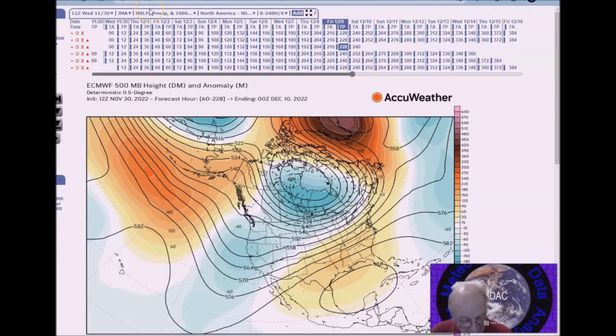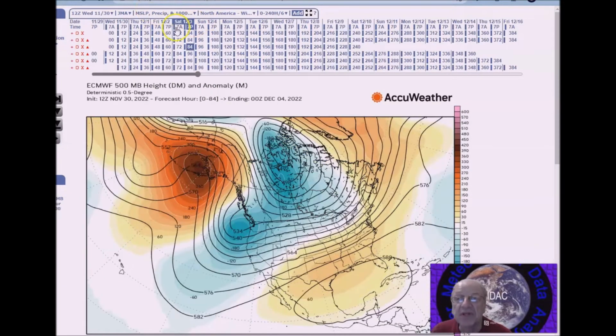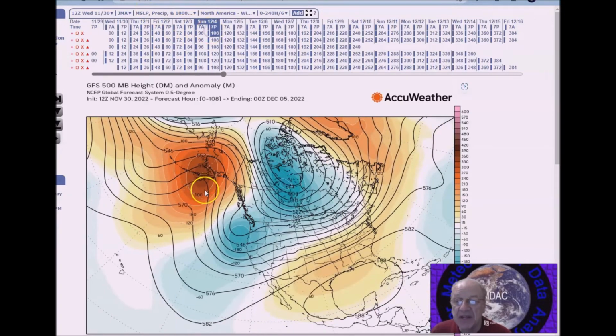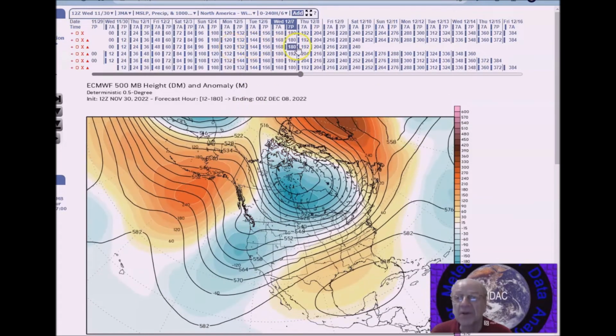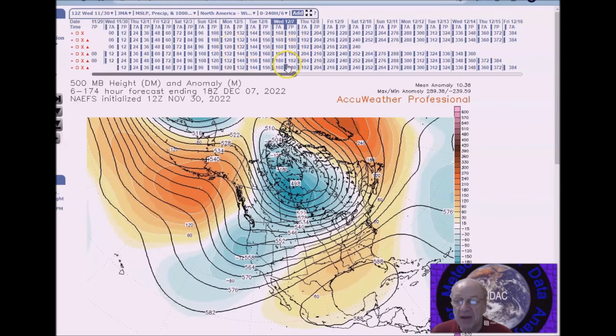So we're going to look at the forecast now for December 3rd to the 7th, and you can see the pattern. We have a ridge here over Alaska pushing the trough inland. We still have a zone of above normal heights in the east, and we have a ridge here. This trough across northern Canada is forecast to push slowly south, pushing the cold air into the U.S. I'll show you that, and we'll go to the 7th.